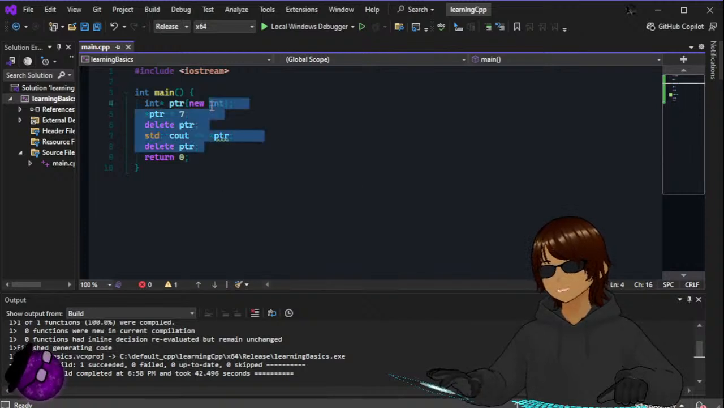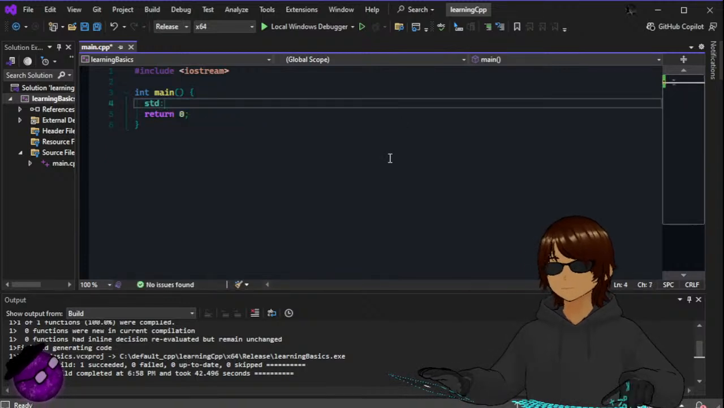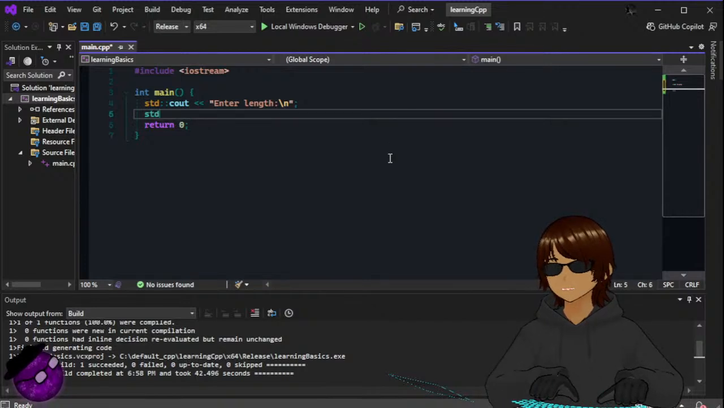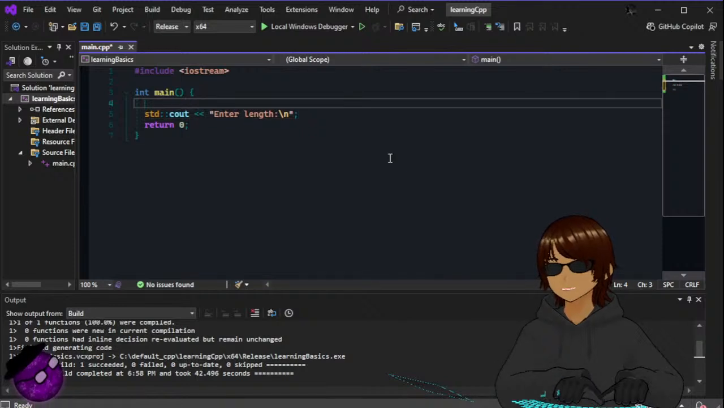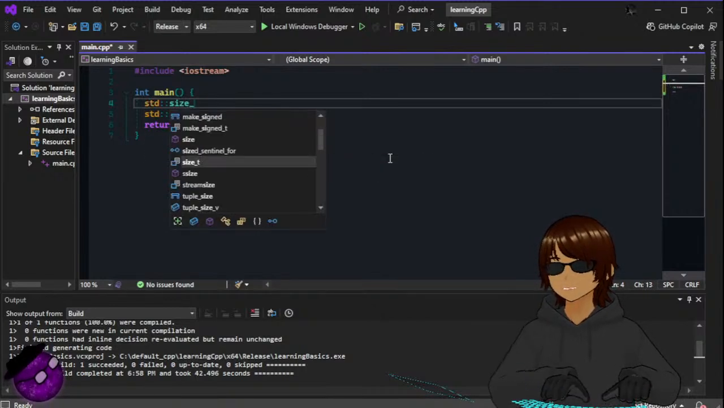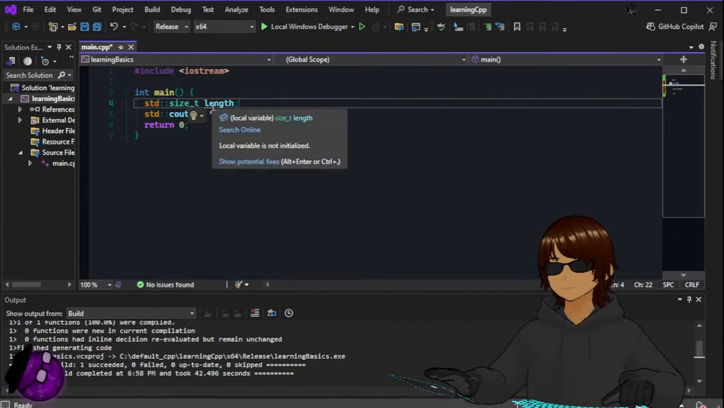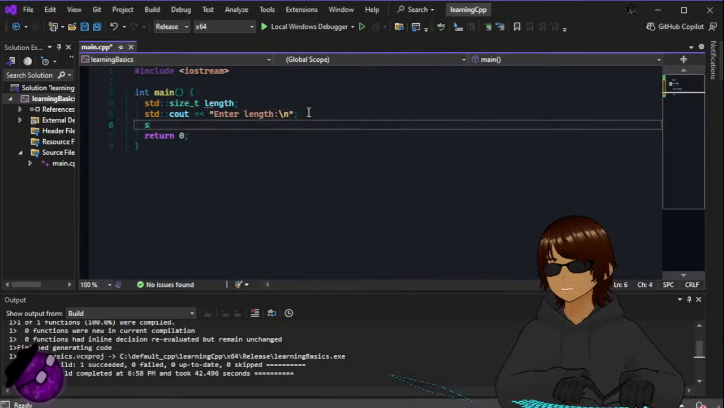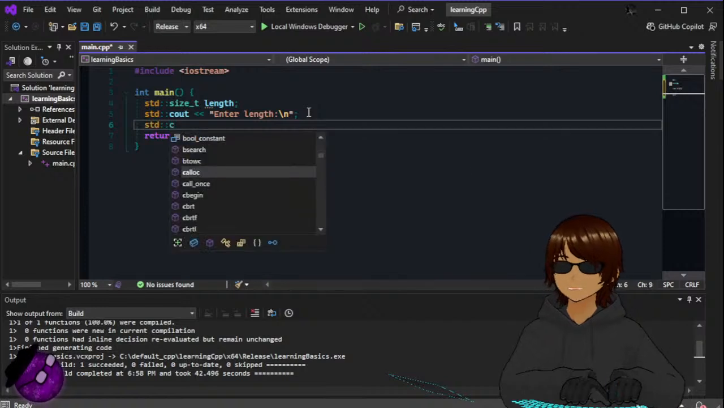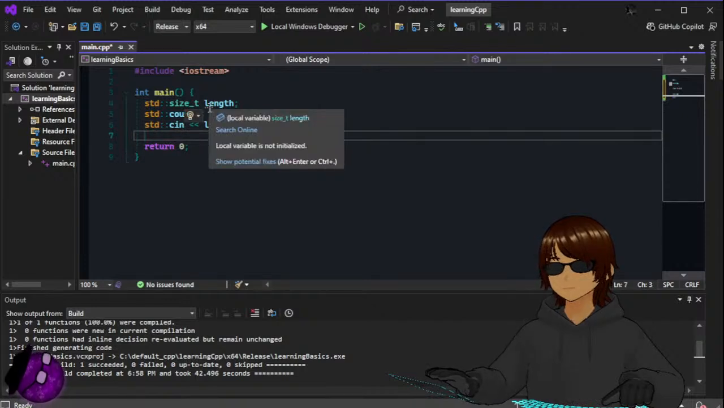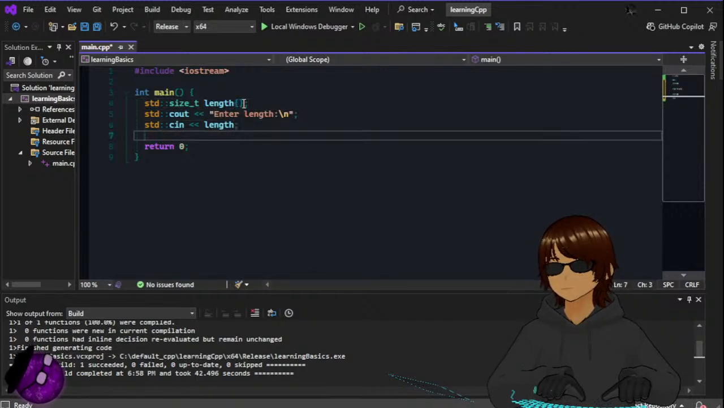Using uninitialized memory pointer. Okay. So std::cout "Enter length." And then actually as to integer, no, std::size_t length. Local variable is not initialized, and then std::cin >> length. And then